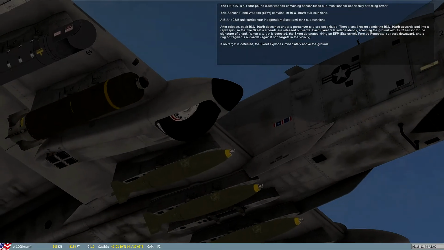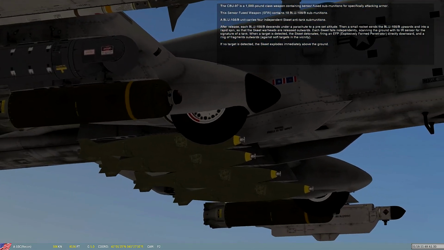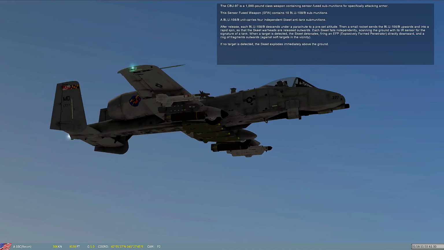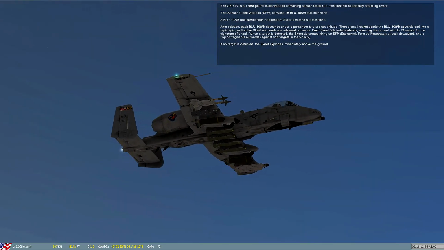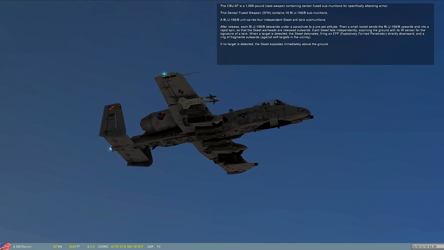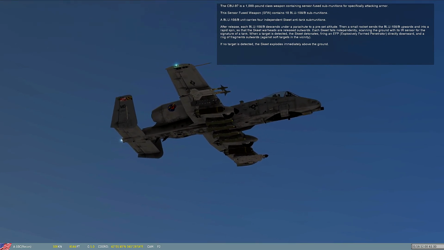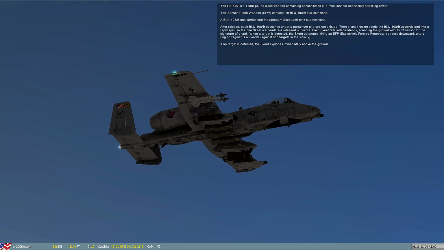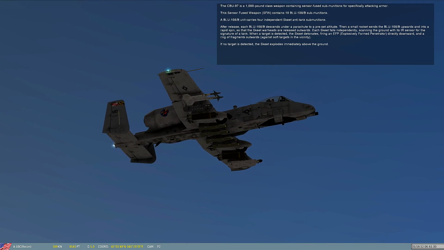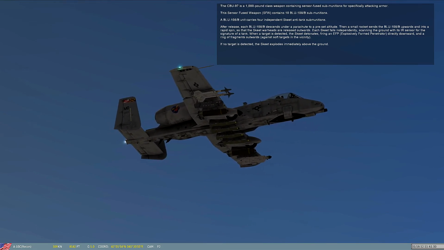The CBU-97 is a 1,000-pound class weapon containing sensor-fused submunitions for specifically attacking armor. This sensor-fused weapon contains 10 BLU-108B submunitions. A BLU-108B unit carries 4 independent skeet anti-tank submunitions. After release, each BLU-108B descends under a parachute to a preset altitude. Then a small rocket sends the BLU-108B upwards and into a rapid spin so that the skeet warheads are released